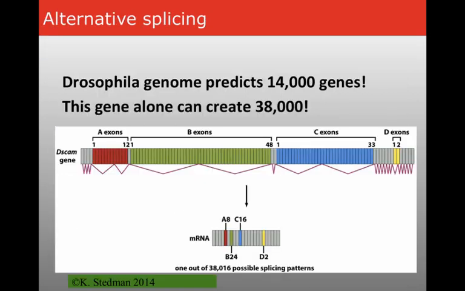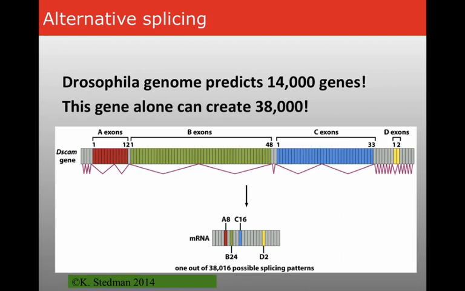And the massive, sort of the extreme in terms of alternative splicing is this Drosophila DSCAM gene, where you have potentially, actually more than 38,000 different possibilities in terms of the splicing that can take place from one gene. So you've got 14,000 genes in the genome, but up to 38,000. So 14,000 by itself doesn't sound like very many. 14,000 times 38,000 is a heck of a lot. And now, of course, this is the extreme case.